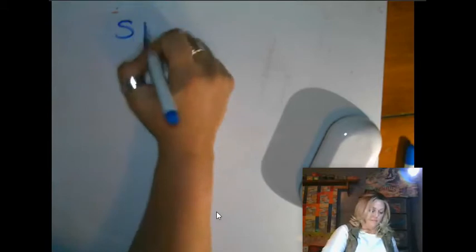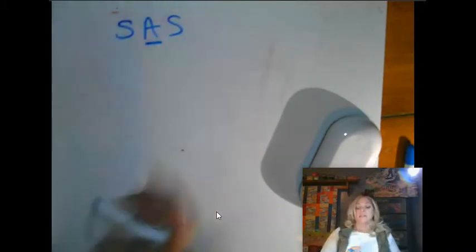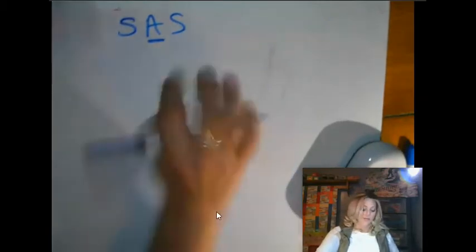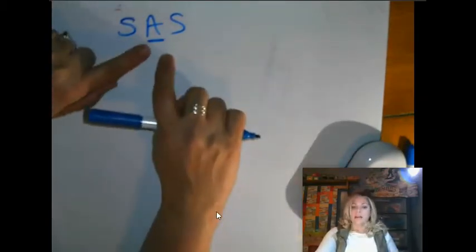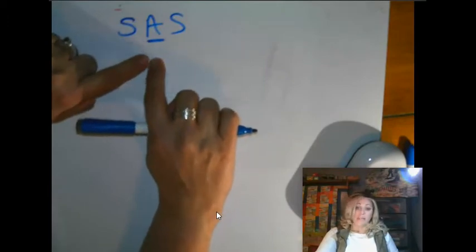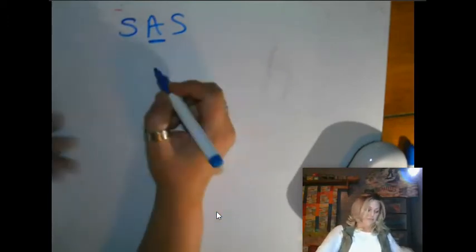We're going to go to side, angle, side. Now we've got an angle involved, and where that angle is involved matters. The order matters. So you have to have 2 sides, which we just talked about, so I think you can do it. But the angle has to be the included angle, or the one between the 2 sides. So let me draw